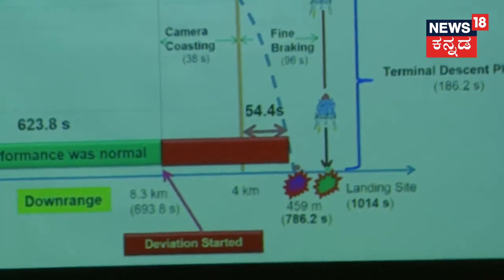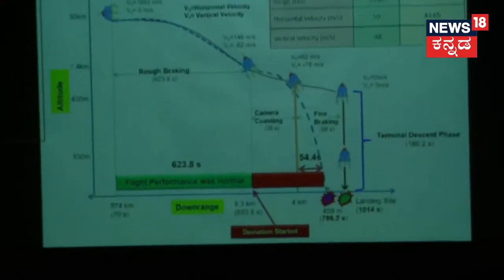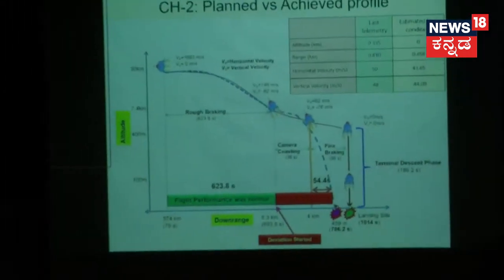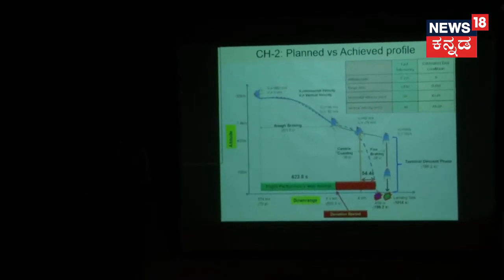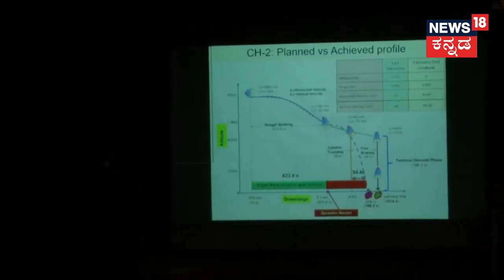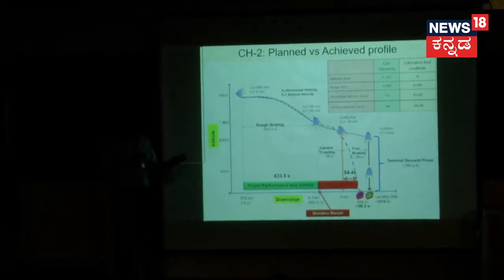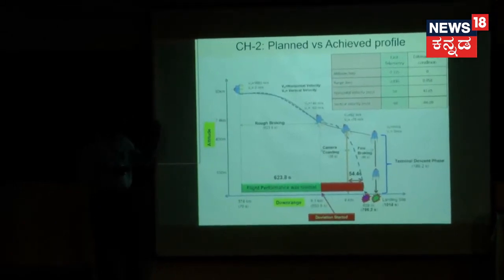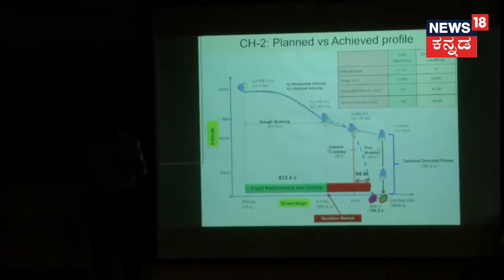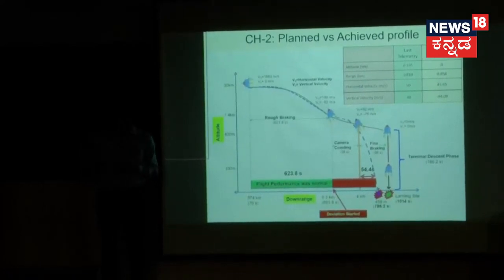But today we have only the physical reconstruction process of the sensor data and also the hypothesis that we put forward, which matches with the observable data. From that we can synthesize that this has gone wrong in this, and that could be the most probable reason of what happened. That's how any event can be reconstructed. So from the reconstruction we understand certain things, but all of that will not be explained to you today, because I am still in a mission, Chandrayaan-3, and I don't want a backlash.